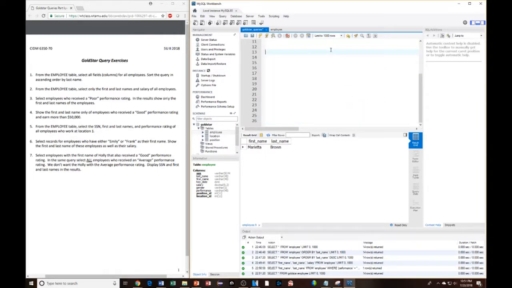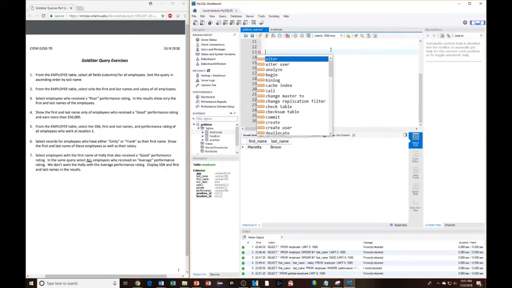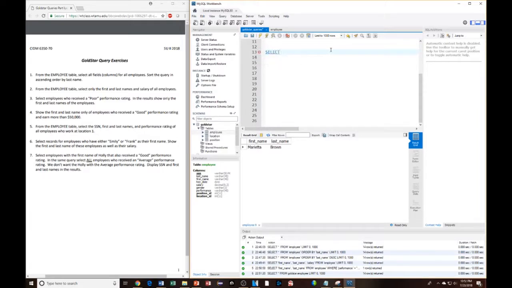So number 4, show the first and last name only of employees who received a good performance rating and earn more than $50,000. So here we have a couple of things going on. It's the first time we're seeing the need for an and statement. So we'll start the same way though. Select, we want to show the first and last name only. So first name, last name